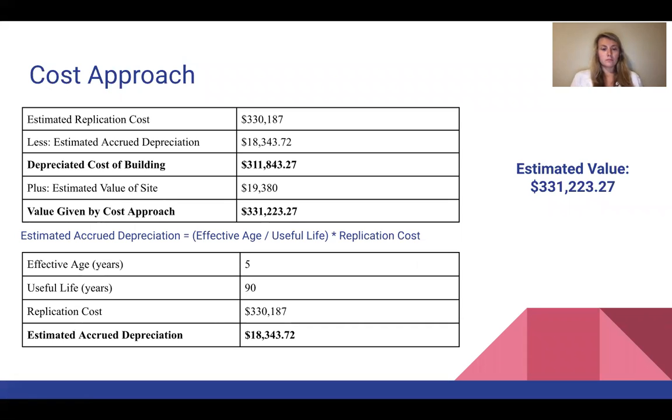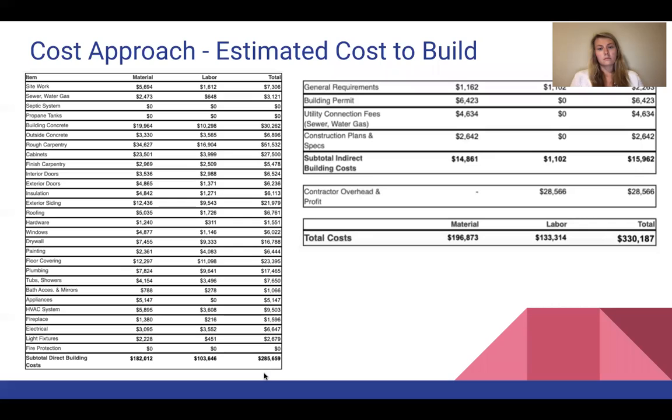So to move on to the second approach we used, this was the cost approach. Starting with the cost approach, we had to find the estimated replication cost. We used the website costtobuild.net. On the next slide, this shows all of the different adjustments being made and all of the different inputs that we had to do in order to calculate the overall cost, including materials and labor. And this came out to be